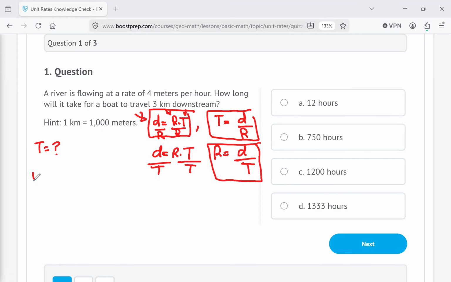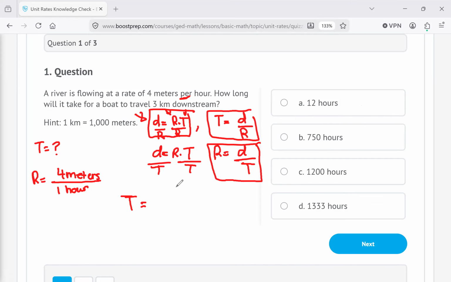What do we know? The rate is 4 meters. Do you see how the word per really means divide? Whenever you hear the word per, it just means division, so 4 meters for 1 hour. You could put 1 hour here. It says how long will it take for a boat to travel 3 kilometers downstream. If you look at all our choices, they're in hours. So how long? Our time is